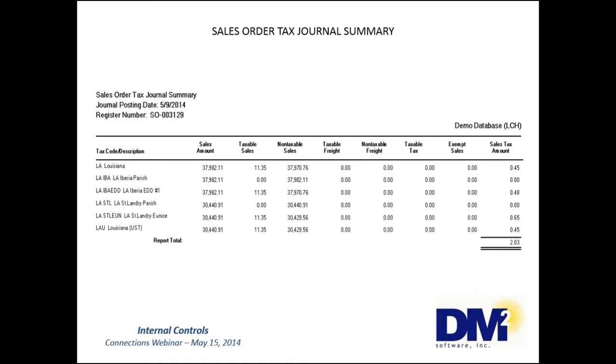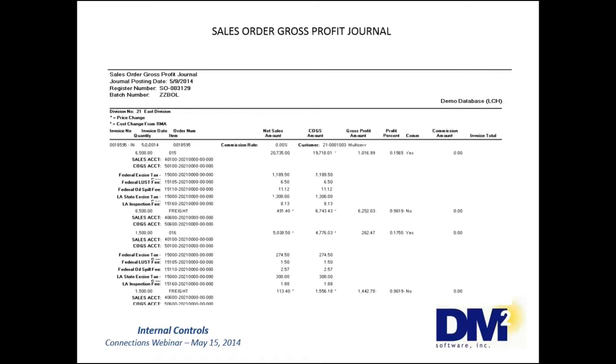So on our next slide, we're going to see our gross profit journal. The gross profit report is vital to your business. Before printing invoices and updating the daily transaction register, this report should be reviewed and approved. The cents per gallon profit needs to be looked at to determine if the gross profit per gallon is correct. My examples show that there are some negatives. This is a red flag that either you have something entered wrong or your setups are incorrect. I would stop right here and determine what the problem is. I would then either fix the bill of lading or the setup and then rerun my report.